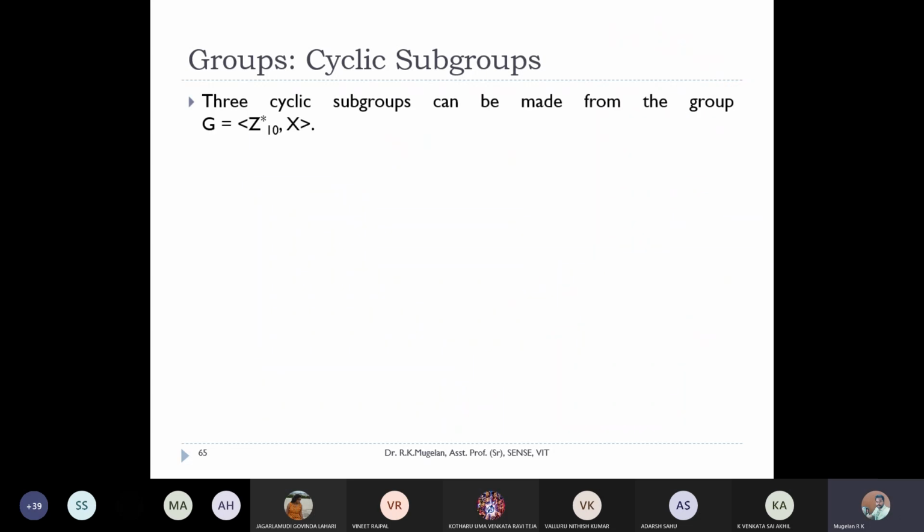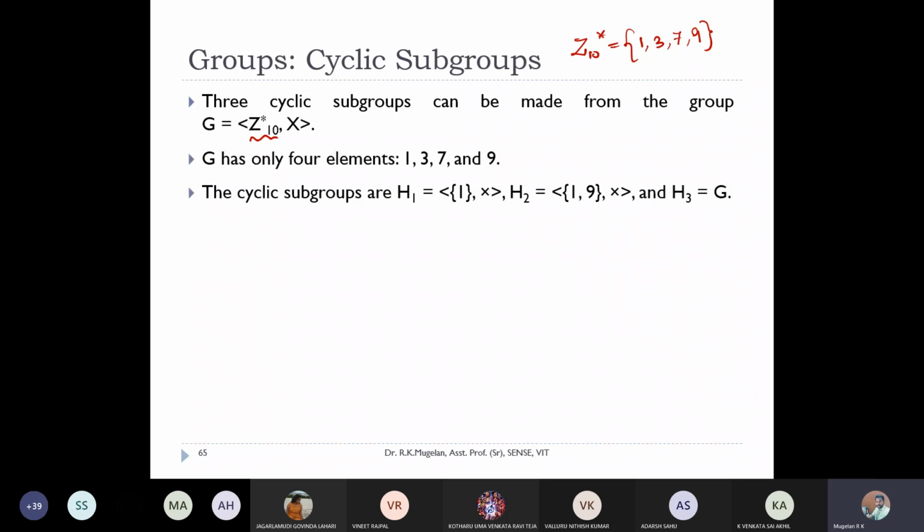Now, similarly, if you go for your cyclic subgroup with respect to multiplication as an operation, here you'll be taking the group as Z10 star, right? So Z10 star, I hope you remember the elements present in this Z10 star are 1, 3, 7 and 9. We already saw that in the previous class. Here also I'm going to take each and every element. So 1,